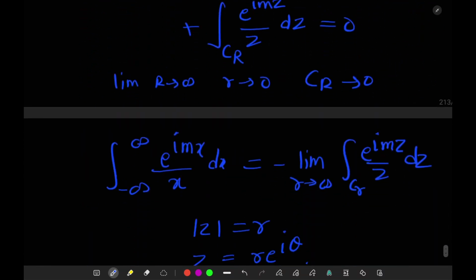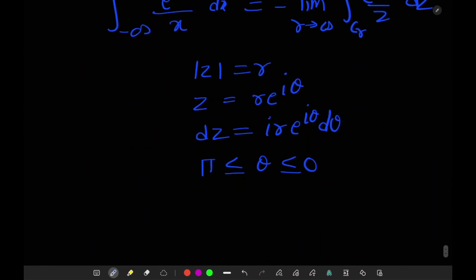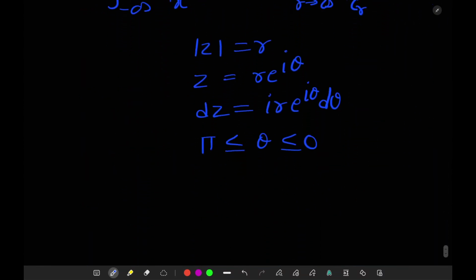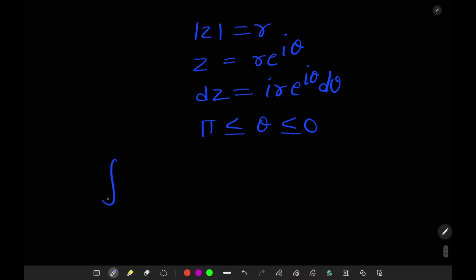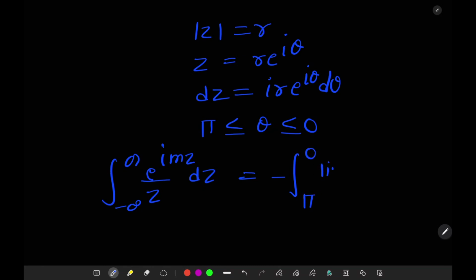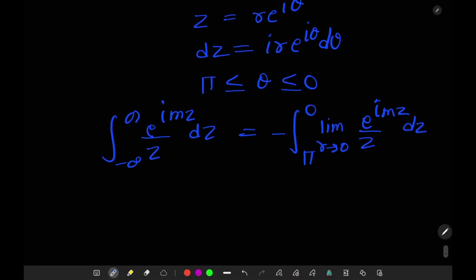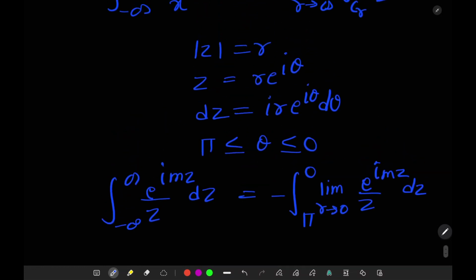Here we take the limit pi to 0. So minus infinity to plus infinity e raised to power iota mz divided by z dz equals minus the integral with limit from pi to 0. Now limit r tends to 0 e raised to power iota mz divided by z dz. Now using this value we get this,